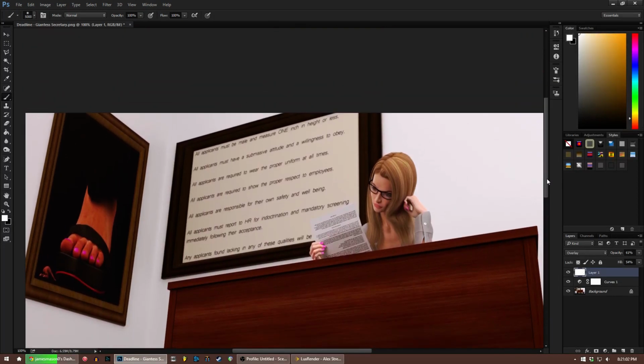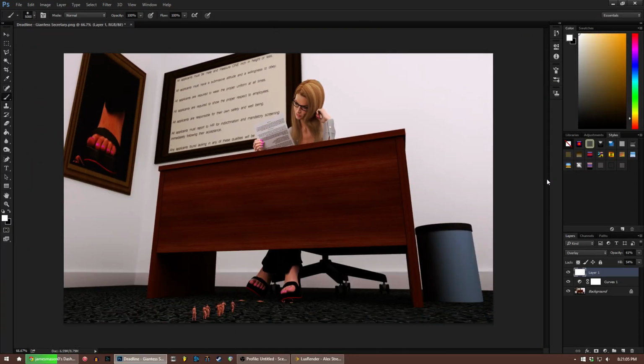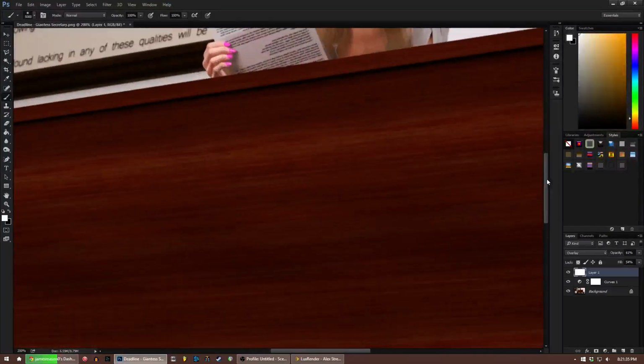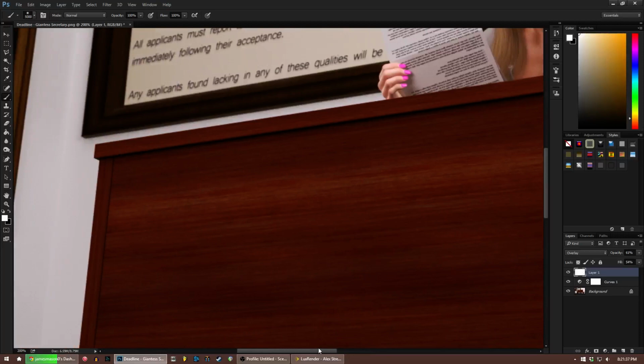Maybe a little bit of explaining about this particular scene, just kind of the general idea of it. I did mention this last time. This was the other idea I had. Instead of doing what I ended up doing, that scene, the one I called Startled, this was the other idea. But anyway, in my head, this is a woman who works at some kind of company that hires little guys to do various things. And as you can see on the wall, they have a very strict criterion for